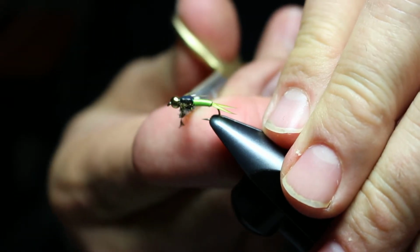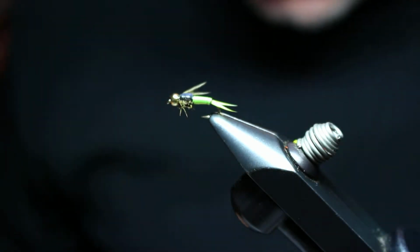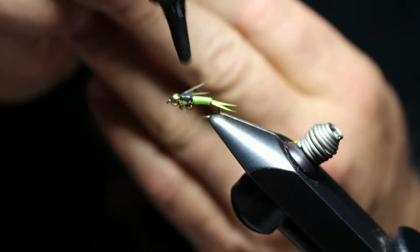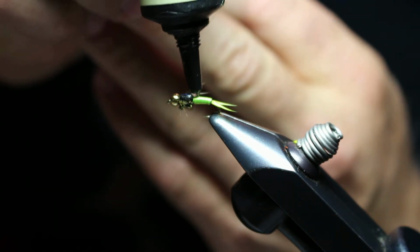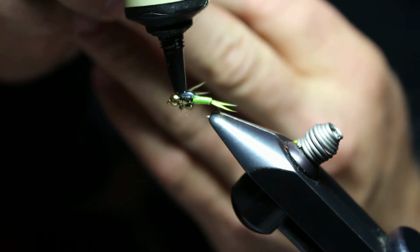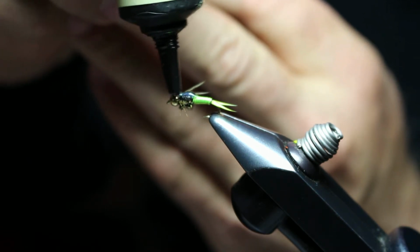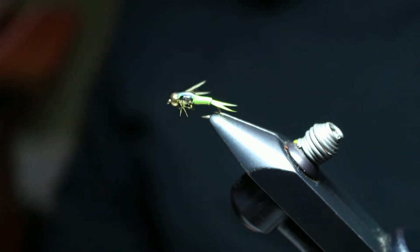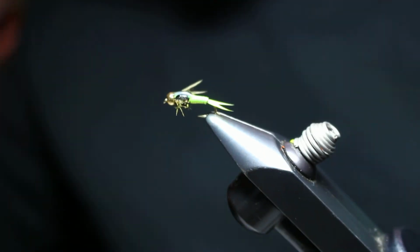So, but the only thing we have left to do on this fly is to put a little bit of the ultraviolet goo over the wing case, like so, and that actually almost acts like a magnifier on that mylar. It really shines when you have